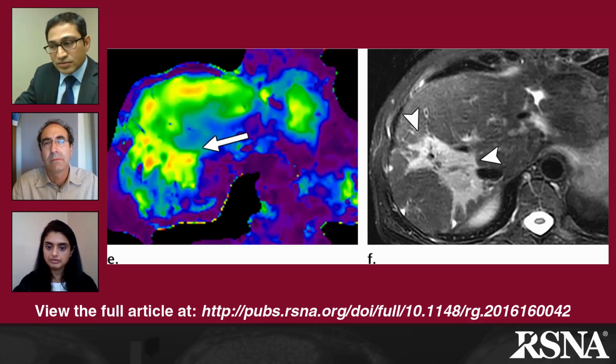So this kind of information is useful, let's say, in a patient who comes in with early autoimmune hepatitis or primary sclerosing cholangitis. If you do an elastography and you see some areas of stiffness and some areas of normal stiffness, and you want to do a biopsy for any clinical indication, such as for going into a trial, you can actually direct where to do the biopsy in order to get a positive result. So MR stiffness maps can be useful for that, to do a biopsy if at all needed.